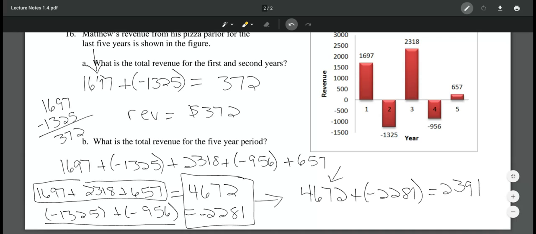So when I added both of those numbers together, I ended up with positive 2,391. So the revenue for 5 years is